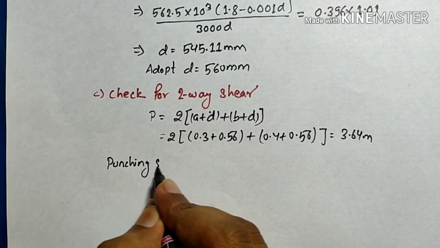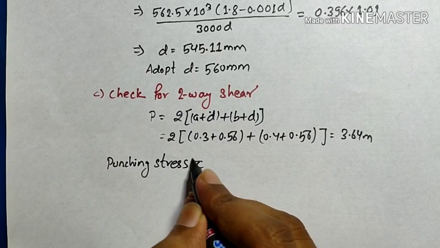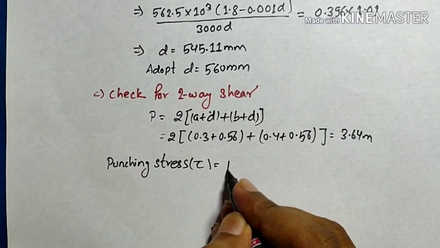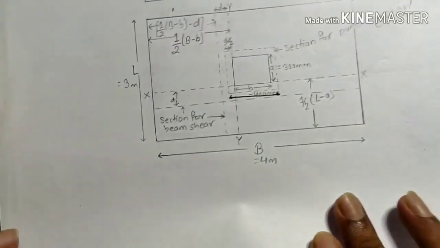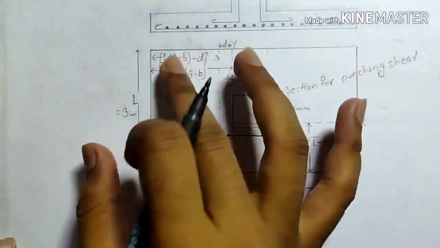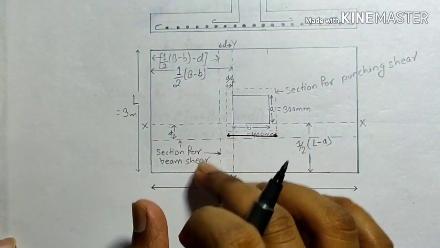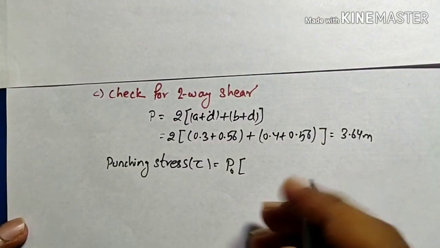Punching stress. Tau equals P naught times, meaning pressure into area, and the shear will act here, so we need to multiply the stress with the remaining area, and we will write it as P naught equals to